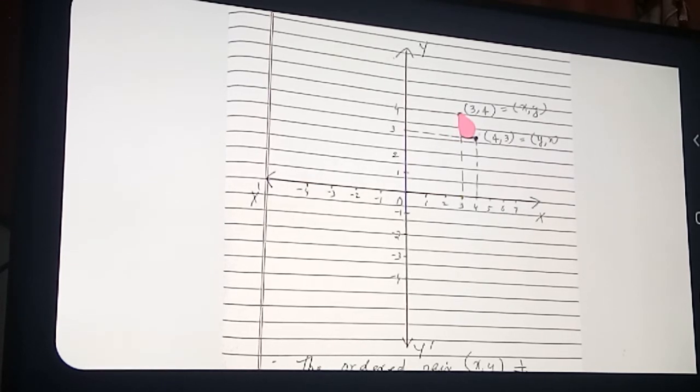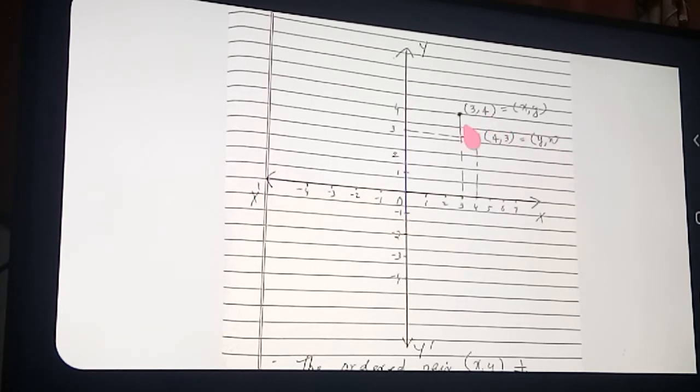Did you find out the points? In geometry you have studied points, no? The same way I mark that particular point. So which is the point here? The point corresponding to which ordered pair? Ordered pair (3, 4). See here, x coordinate is 3 and y coordinate is 4. Therefore, what is coming? Ordered pair (3, 4). Clear? So I wrote it as xy. What is the value of x? X is 3, and what is the value of y? Y is 4. Clear?